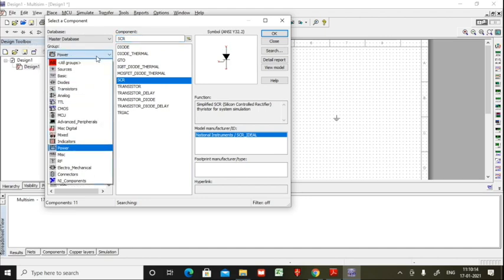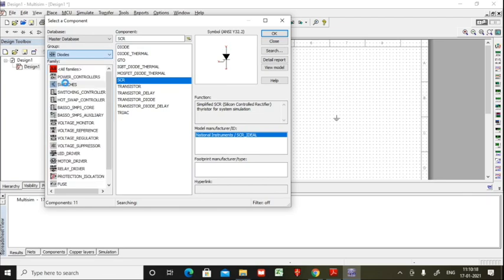Then what else do we need? We need a diode, which is also in Power.